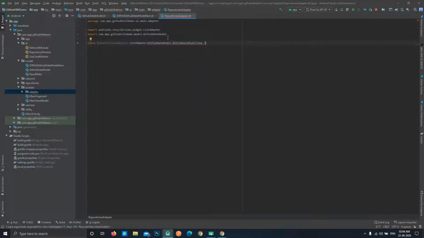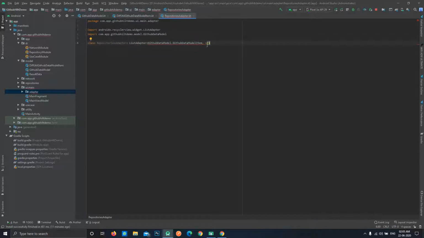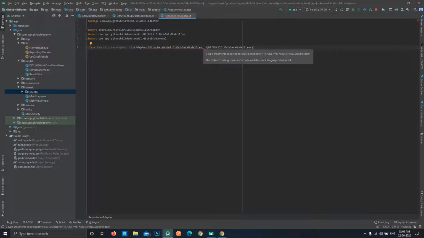And now after the comma we need to define our view holder. We haven't created the view holder class yet, so let it be empty as of now. And then it has a constructor, and inside this constructor we need to tell what our diffutil class is. So we'll just copy the name of the diffutil class, paste it inside it, and import it. We know that this is a class, so we'll be using this empty constructor. So the error will be gone now, like this. Now we're only left with this view holder type.